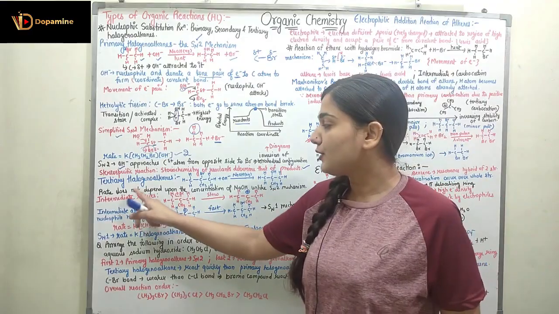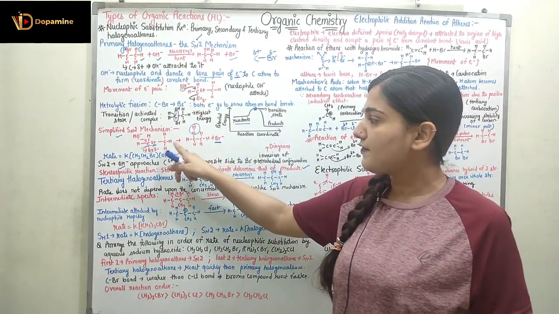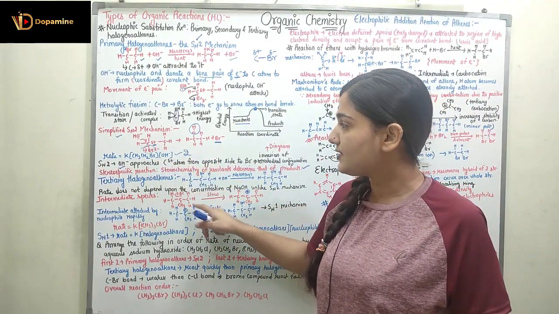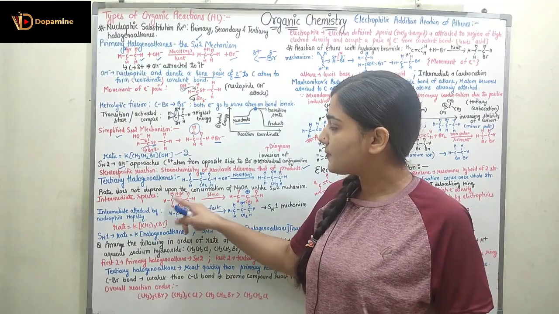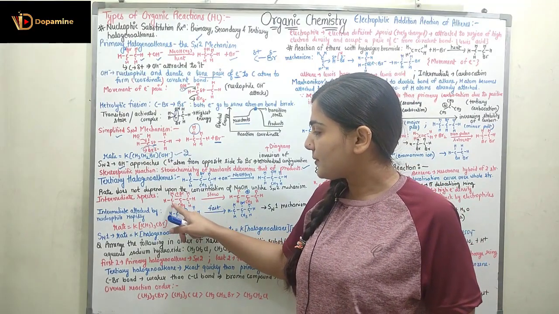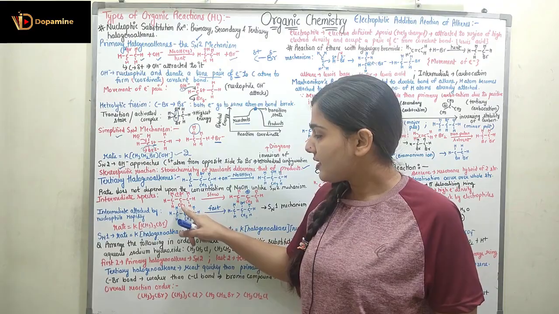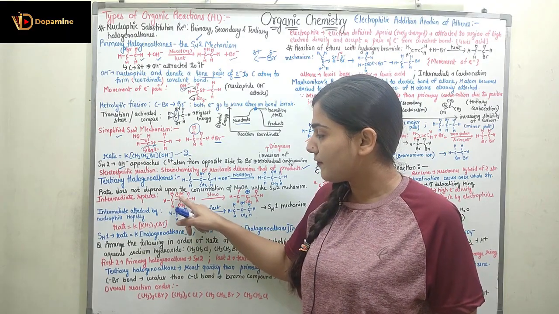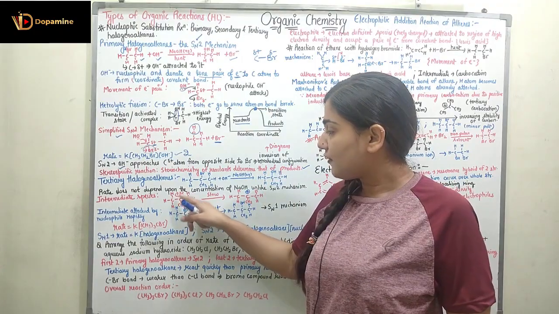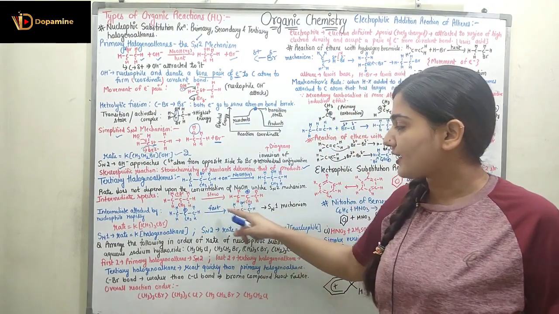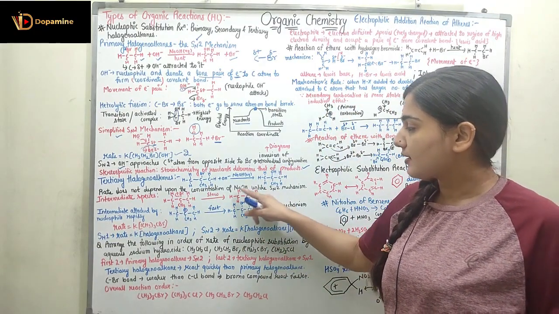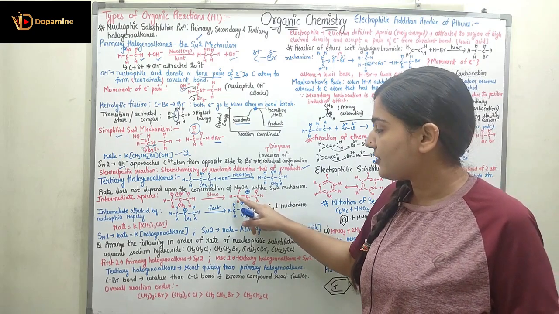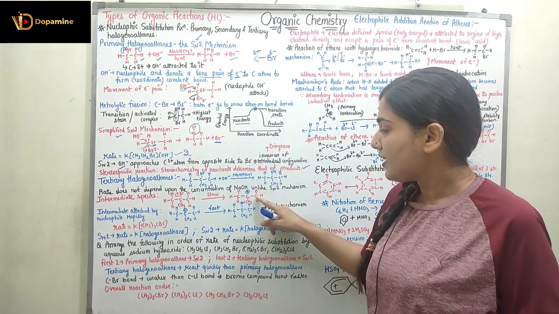Now, coming to the intermediate species, the intermediate species would be (CH3)3C. The Br will take the electrons; here we have heterolytic fission. This is a slow reaction. It is going to form this carbocation, so we have (CH3)3C positive.